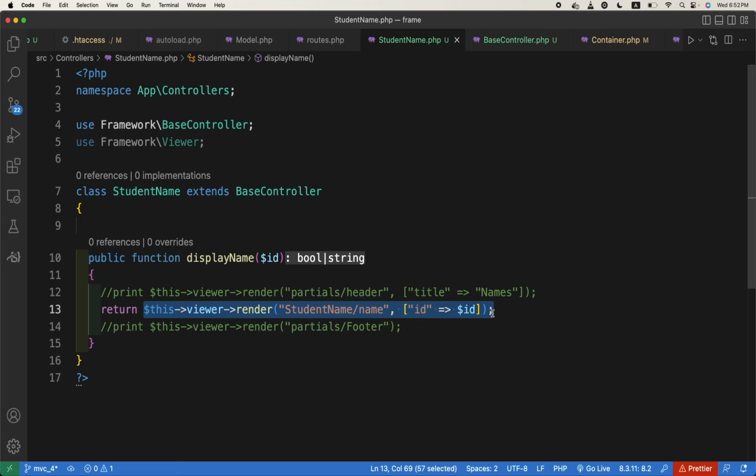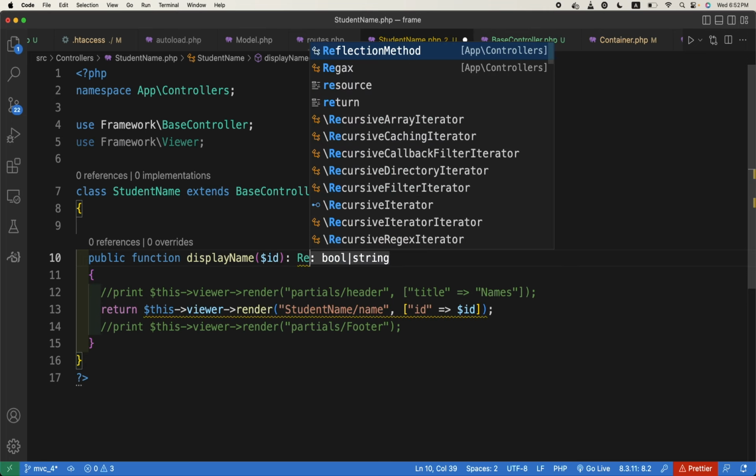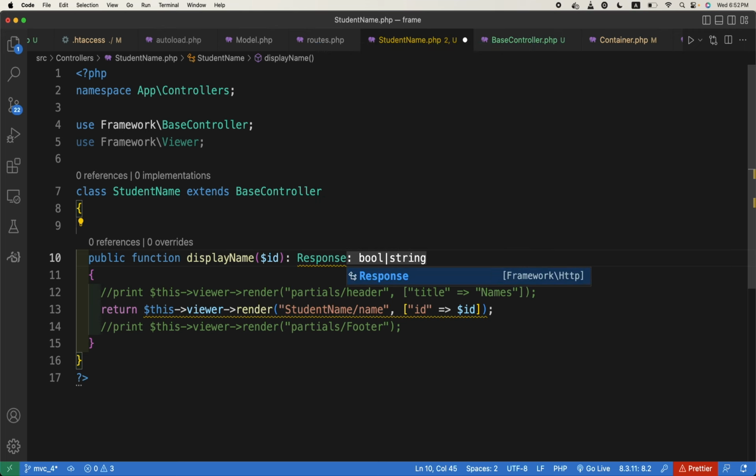We should assign it to the body of the response and return the response. So this is a bit tricky again, and so I will change the display name return so that you can understand what I am doing. The return should be response, like this,